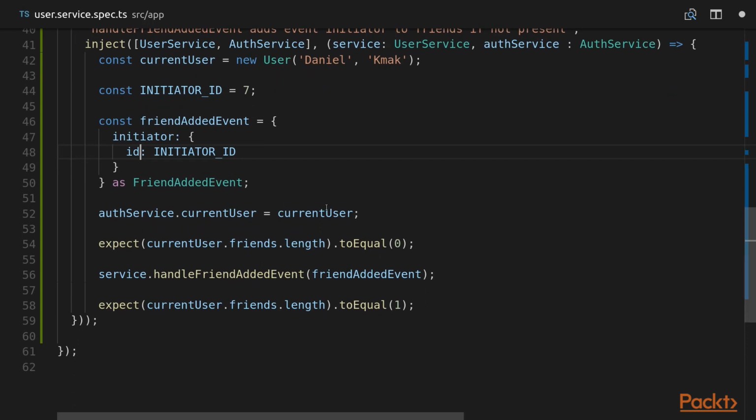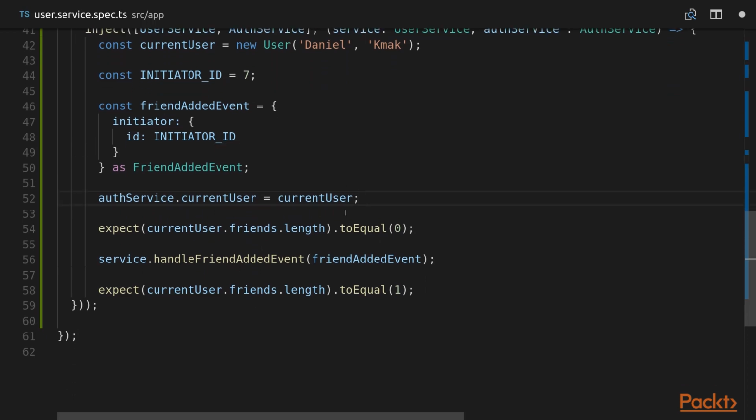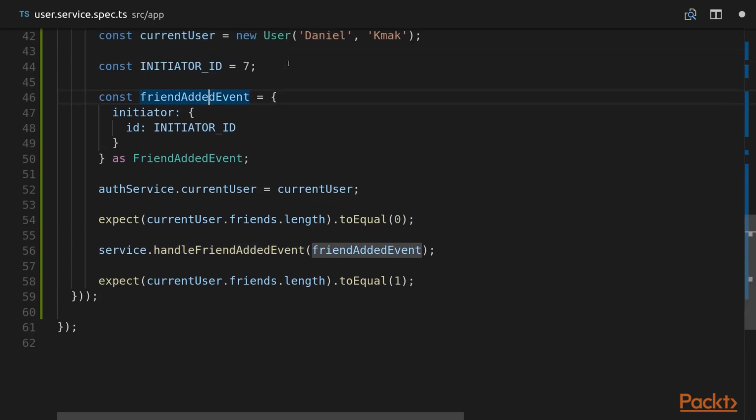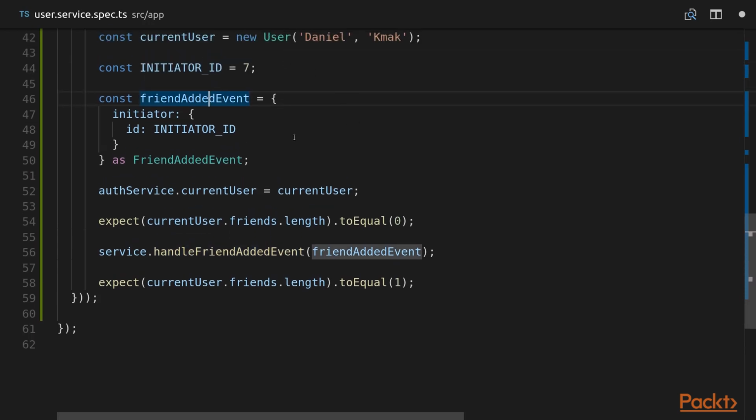And now after we set current user of auth service, we check if currently his friends are equal to 0, so he shouldn't have friends at the beginning. But then we call our user service handle friend added event with the instance of the event we've just created. And now user's friends array length should be equal to 1